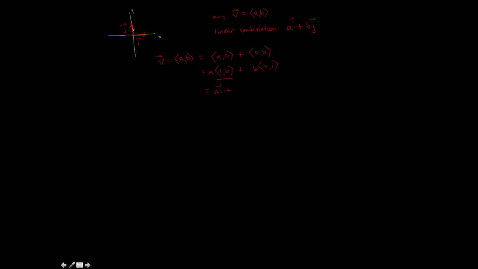0, 1 is vector j here. So that's B times j. So that's how we get that linear combination. Any vector AB can be written as that linear combination: A times vector i plus B times vector j. So, with these unit vectors,